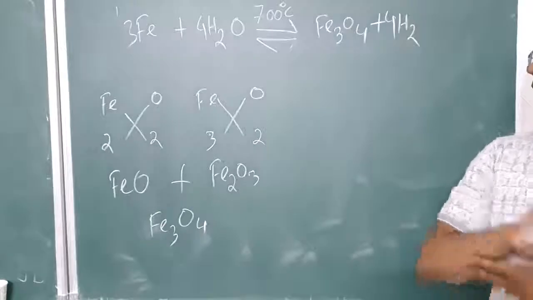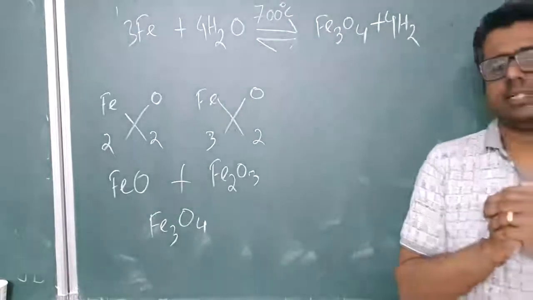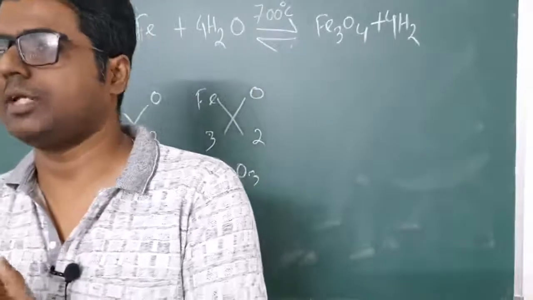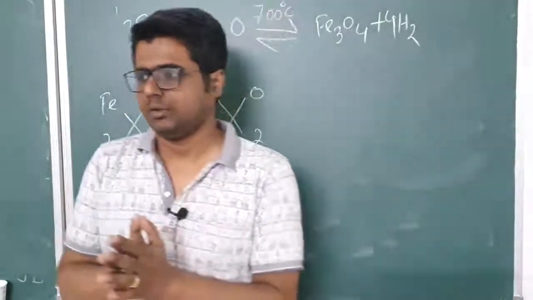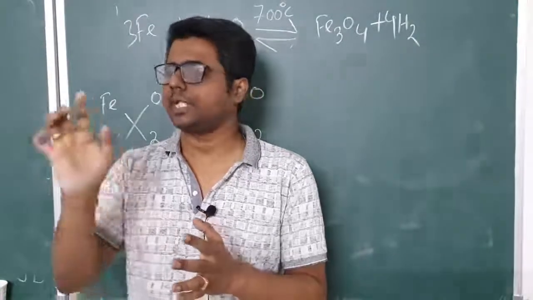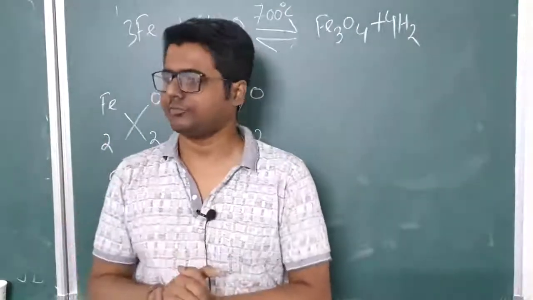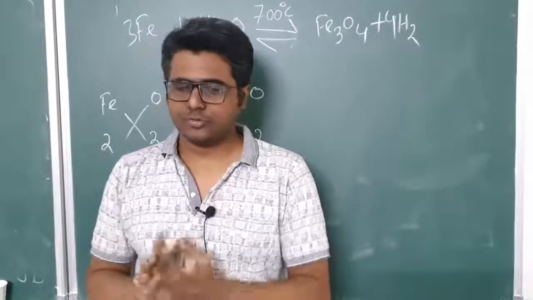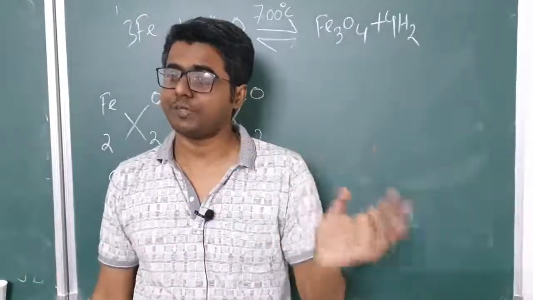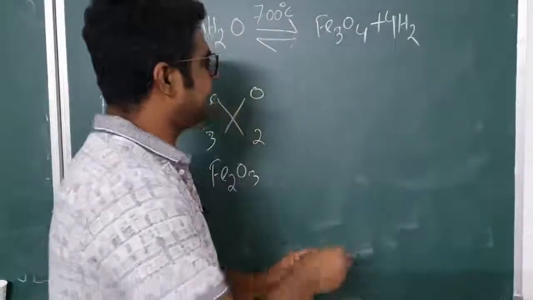Okay, every reversible reaction, we are talking about reversible reaction over here. Every reversible reaction at a certain point of time will reach something called equilibrium. What does this equilibrium mean? Equilibrium means any reversible reaction, suppose A gives B, all the time A will give B and B will give A, all the time. So there is a rate of formation of B from A and rate of formation of A from B.